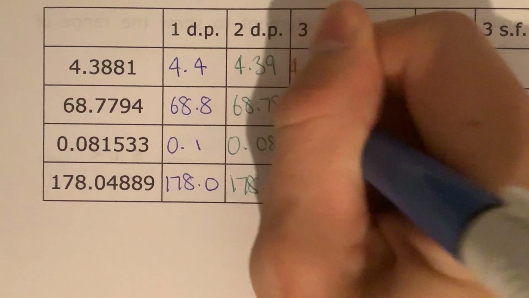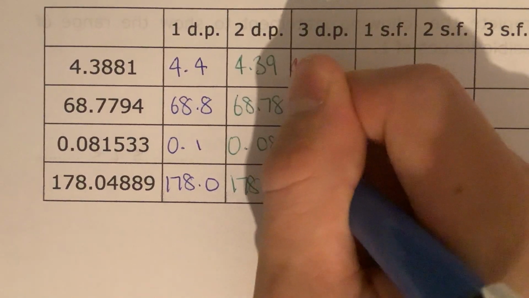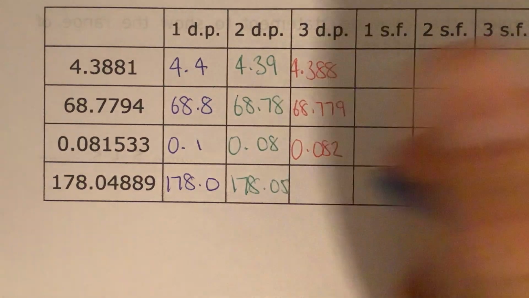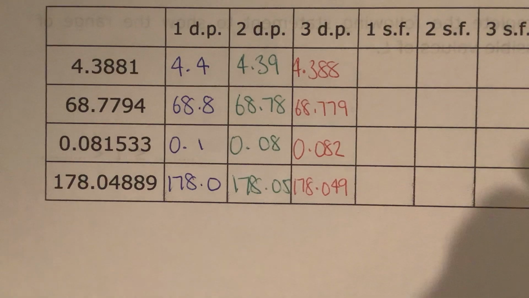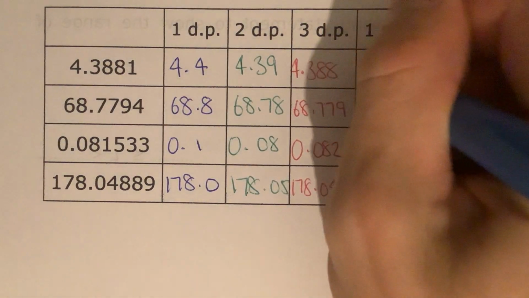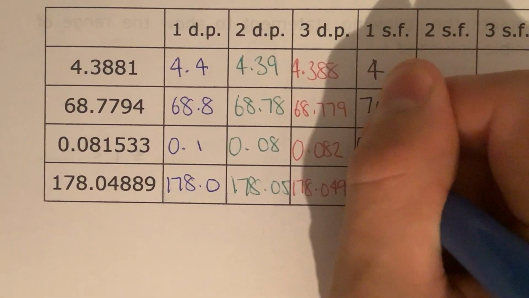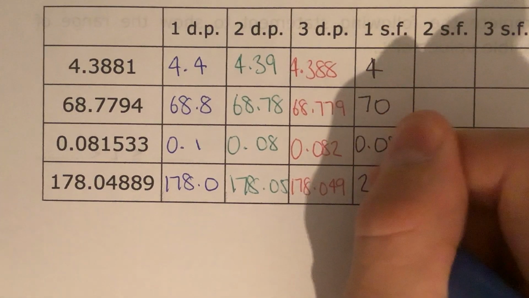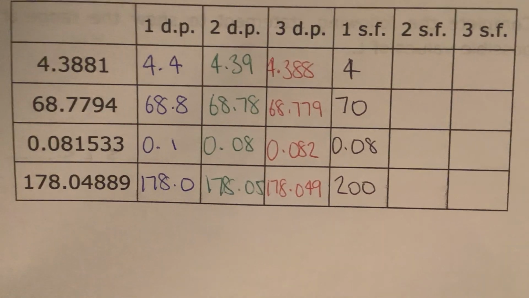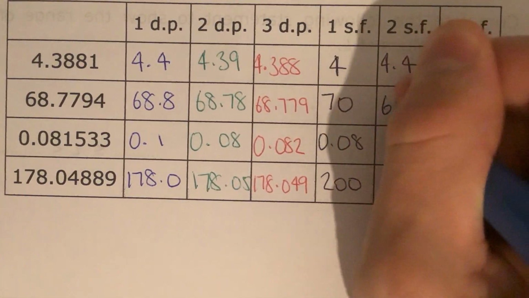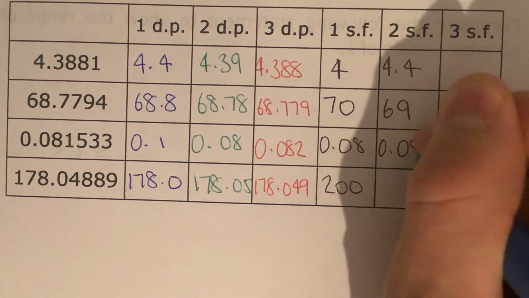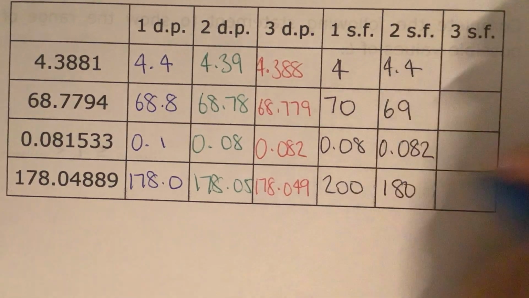3 decimal places. 4.388, 68.779, 0.082, 178.049. 1 significant figure, 4, 70, 0.08 and 200. 2 significant figures, 4.4, 69, 0.082, 180. And the last column, 3 significant figures,